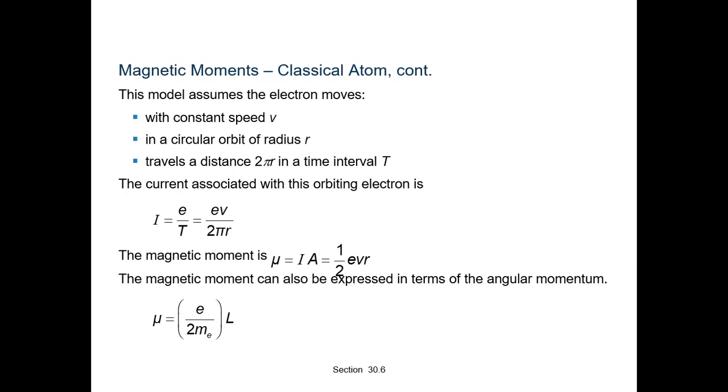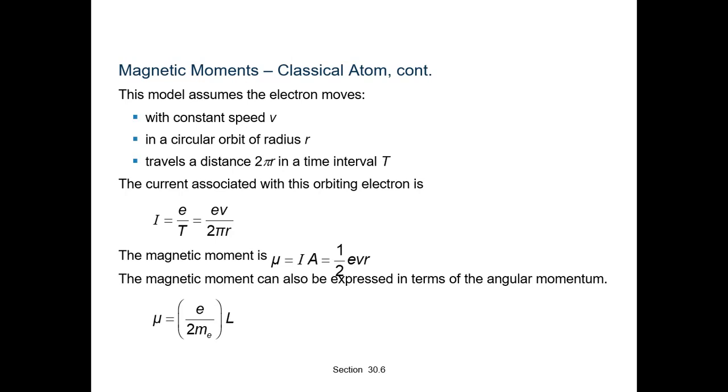Bohr hypothesized that the angular momentum assumes a discrete set of values, namely L equals nh upon 2 pi, where n equals 1, 2, 3 and so on, natural numbers, and h is the constant named the Planck constant, whose value is 6.626 into 10 raised to minus 34 joule second. This discreteness is called the Bohr quantization condition. We shall discuss this in detail in chapter number 12.